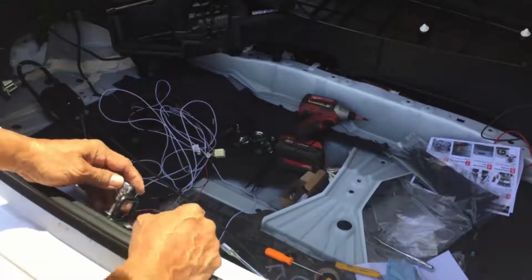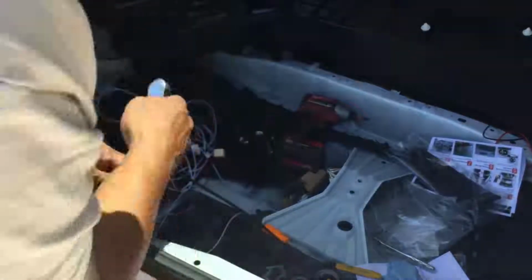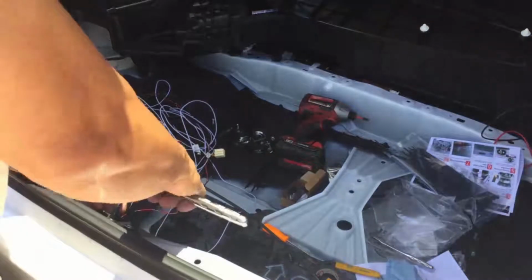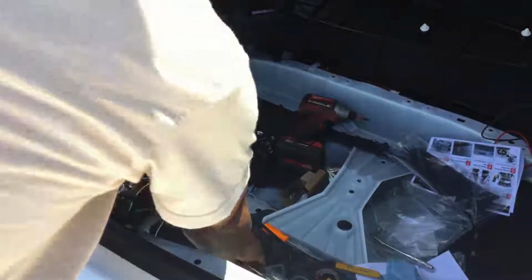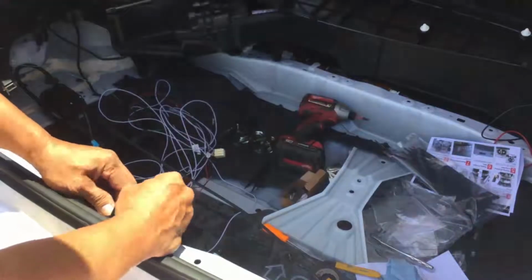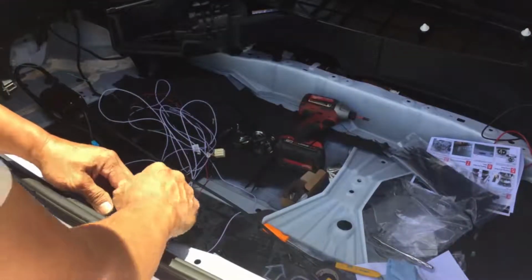I will go ahead and install the soft close. So you have to remove this, remove the original latch,